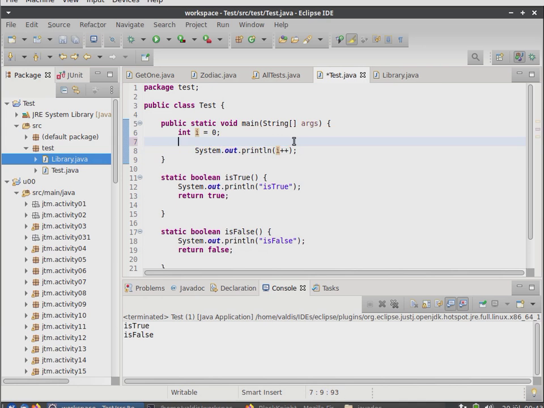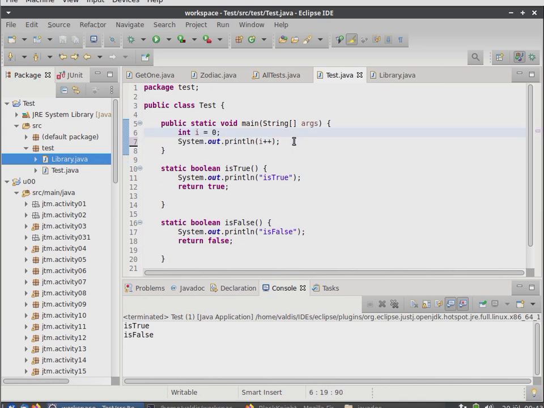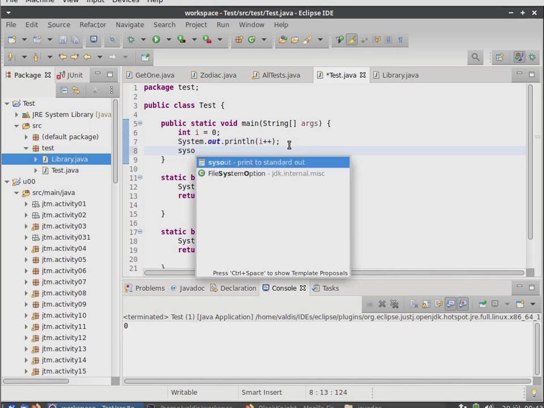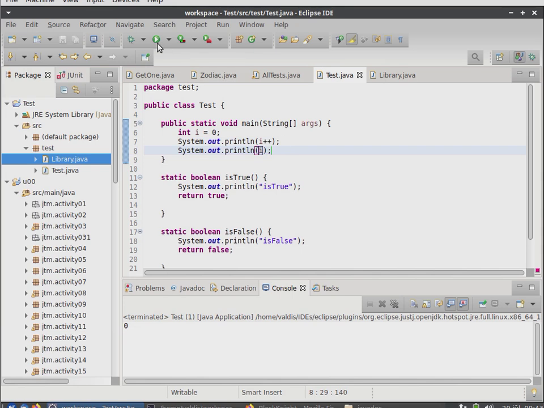Okay, let's do it without conditions here. So post increment works in such a way that it returns the current result and then increments it by 1. So it prints out the initial value of the variable and then increments it by 1, and in the second line of code we write it out. But pre-increment first increments the value by 1